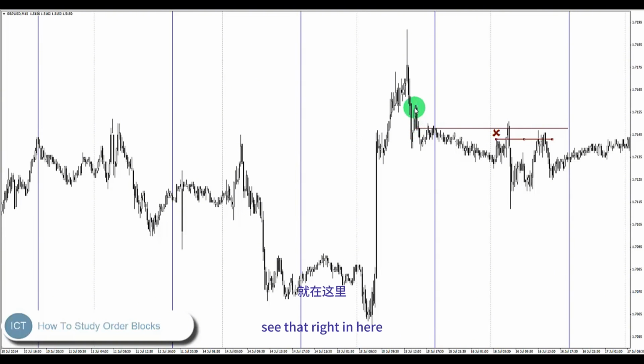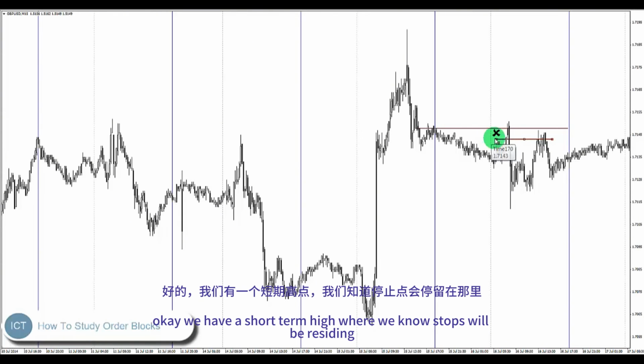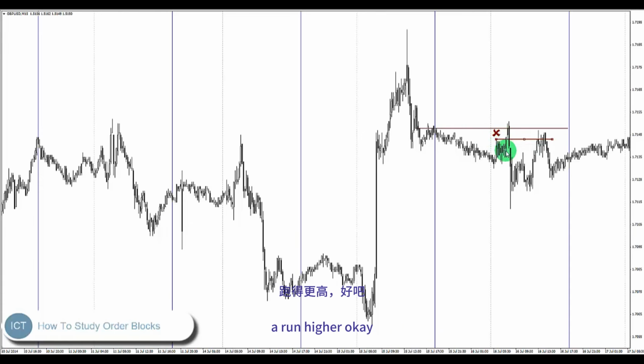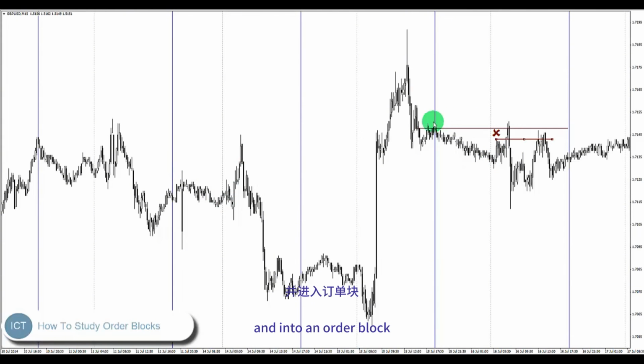See that right in here? So between time, which is defined by 12 midnight or 5 GMT, we have a short-term high where we know stops will be residing, a run higher, a Judas swing, much in the same vein this was a Judas swing here, lulling traders into believing it's going to go higher, and into an order block,